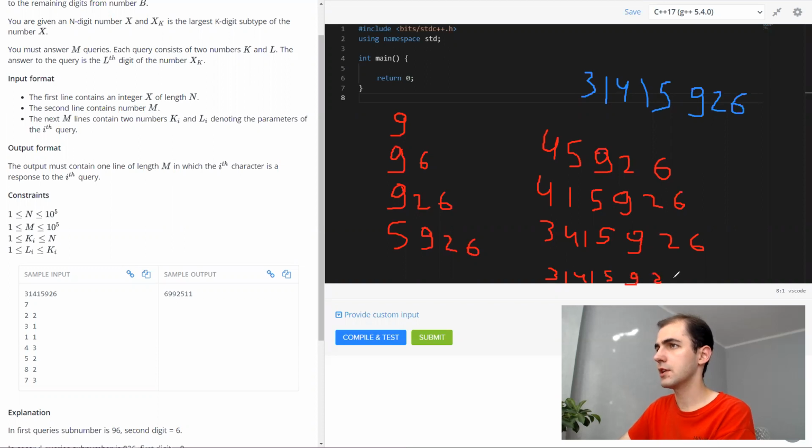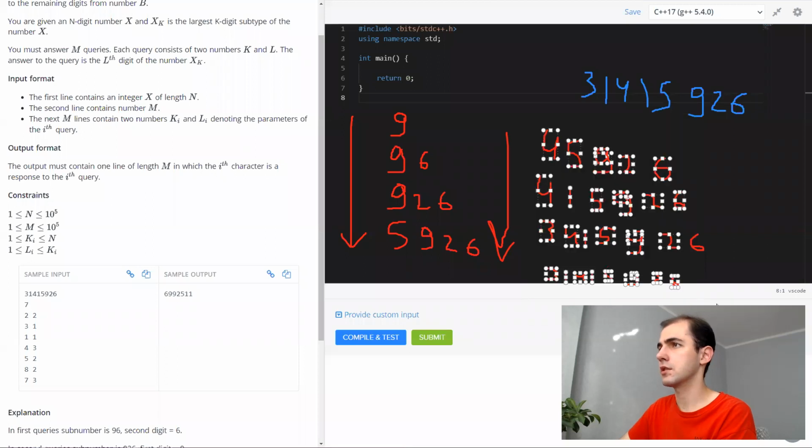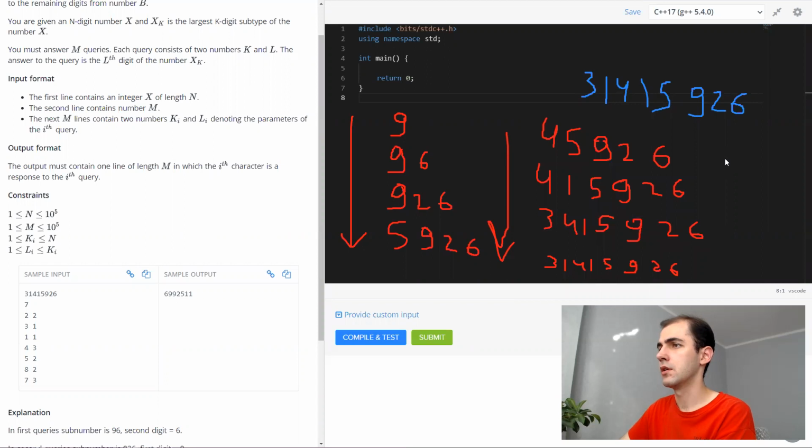So what I'm thinking is that we can somehow simulate this process so that we sequentially get numbers from 1 digit to n digits, because it appears to me that those numbers are closely connected.